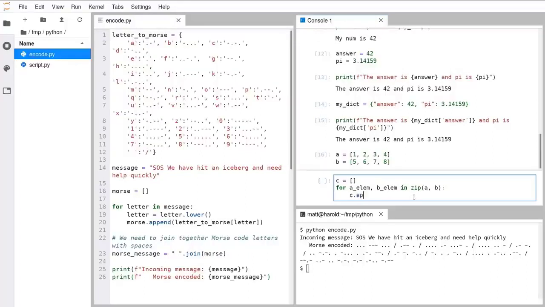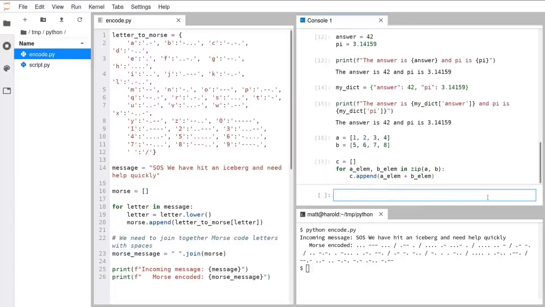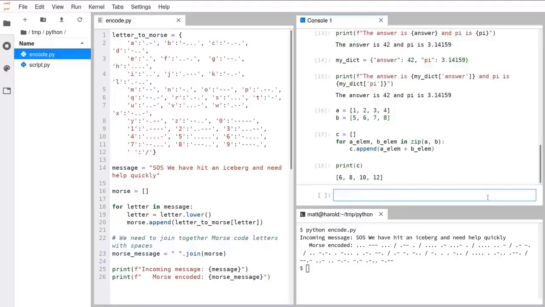We then append our result into C, and we compute our result by adding together ALM plus BLM, if I can spell. We run this code here, and it's going to go ahead and do the calculation. Finally, we print C to have a look at what's inside it, and we see that C contains the correct result. We're going to be using this bit of code in a few examples today, so make sure you understand what's going on here. But with that, we're going to have a look at how we can turn this into